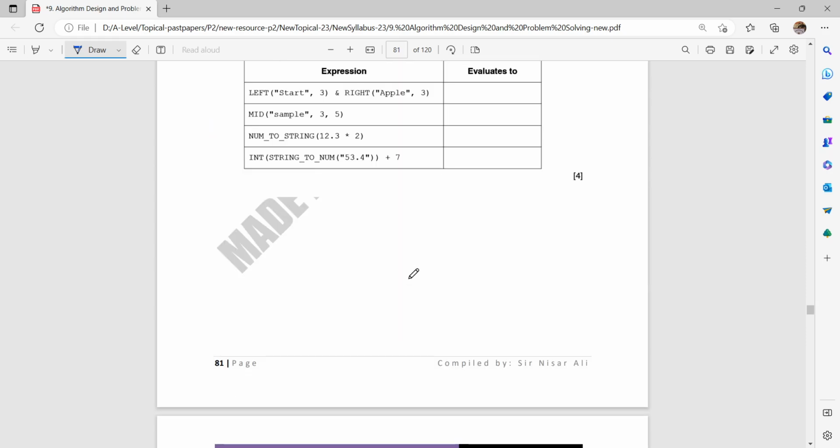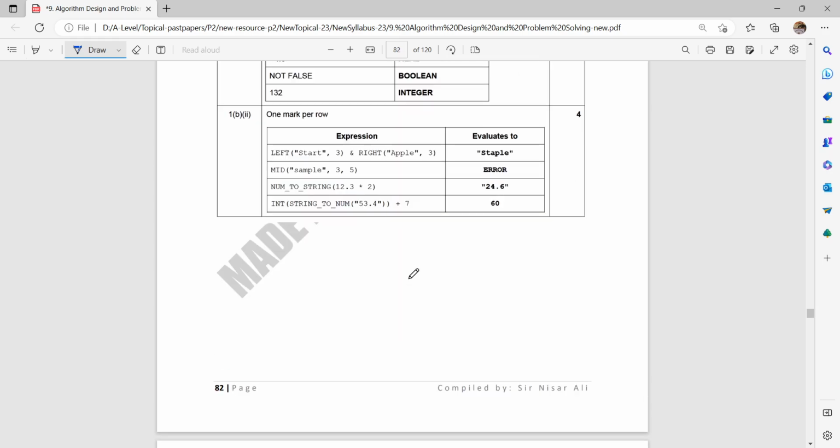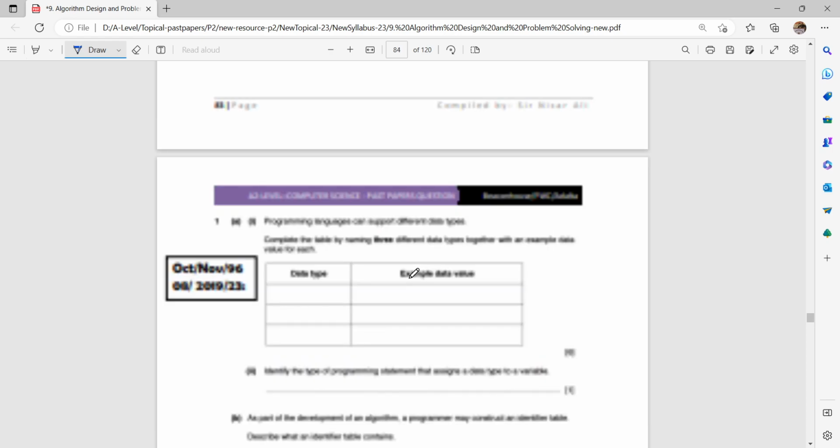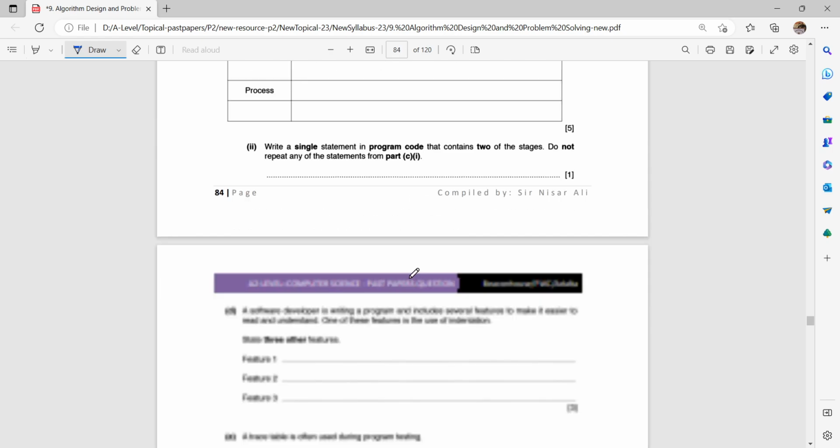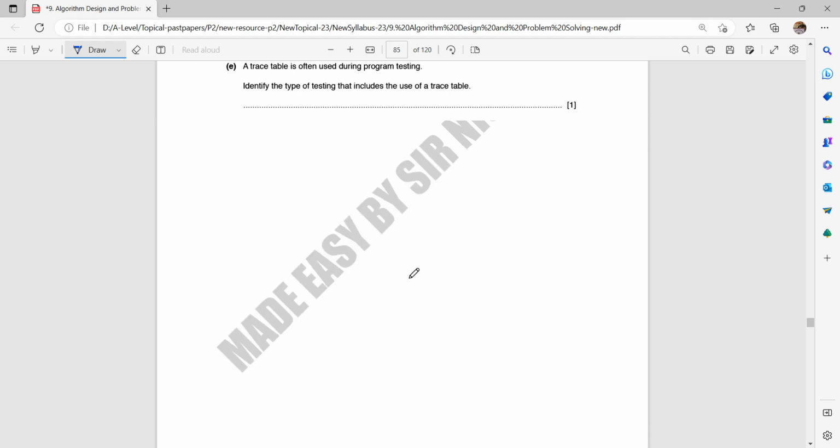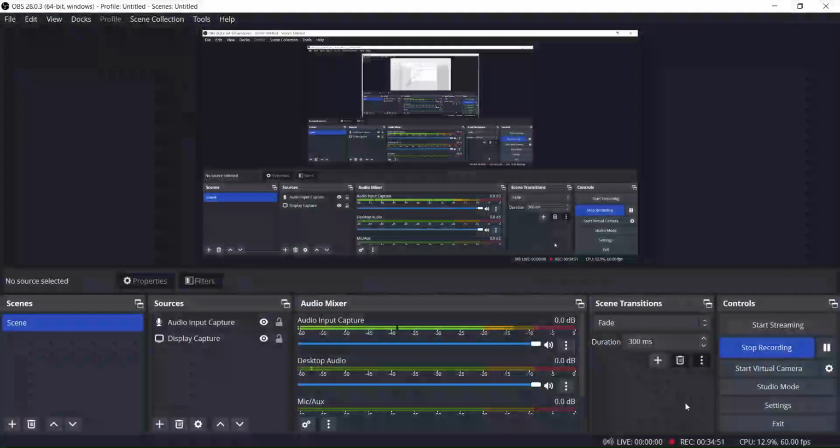So if you have a clear understanding of these questions and practice them, you will definitely get a very successful attempt at your paper questions. Okay, so this is our today's